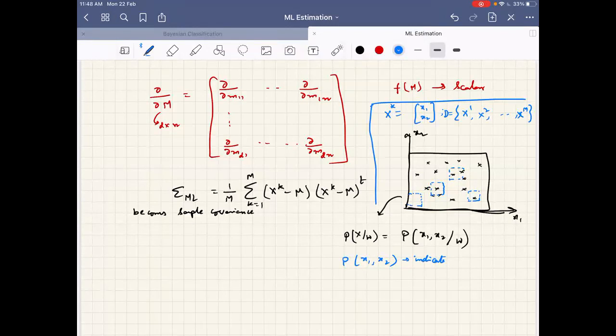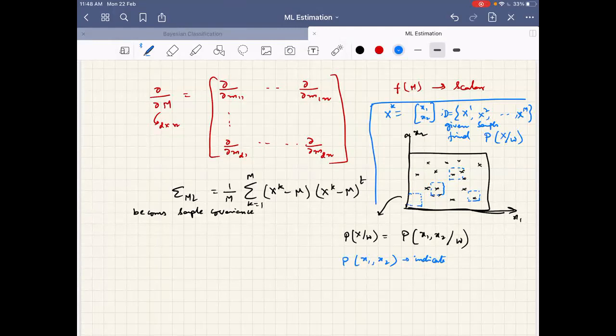And what is our aim? To find out the likelihood density of this class. Given these samples, find P of x given omega. I'm dropping this omega because I'm considering only one specific class when I want to find the likelihood of that class. Essentially I want to find the likelihood, but I have written P of x1 comma x2 because likelihood is also a density.